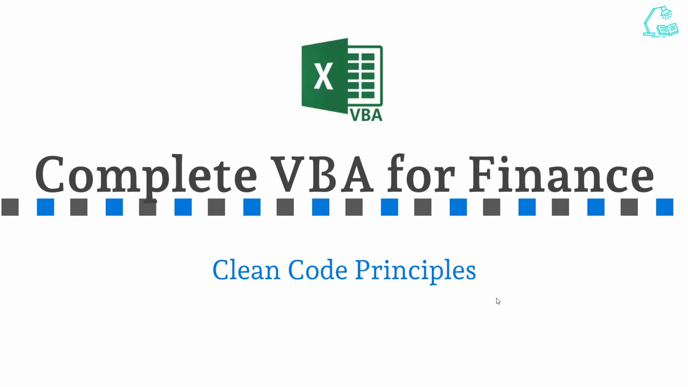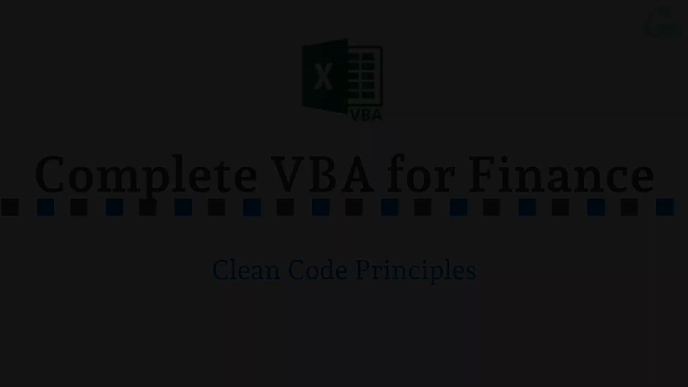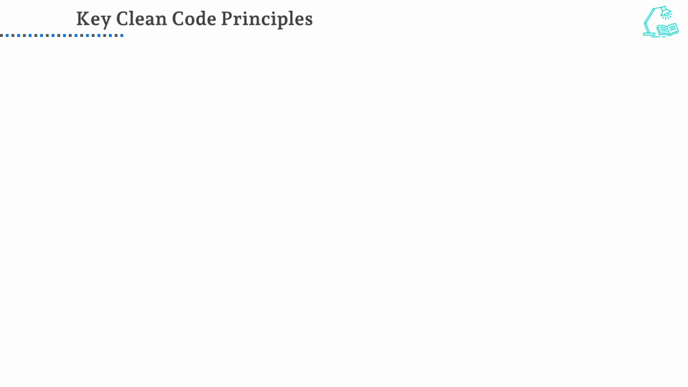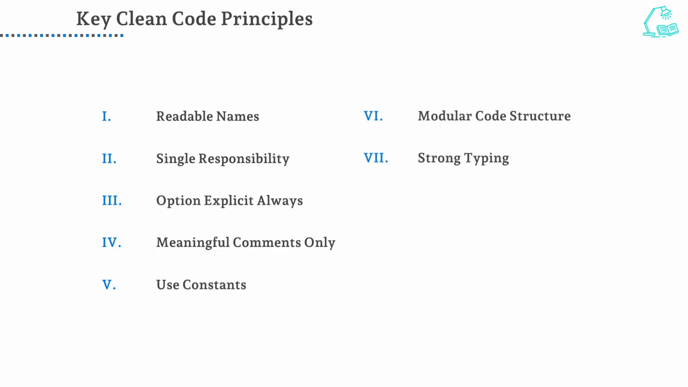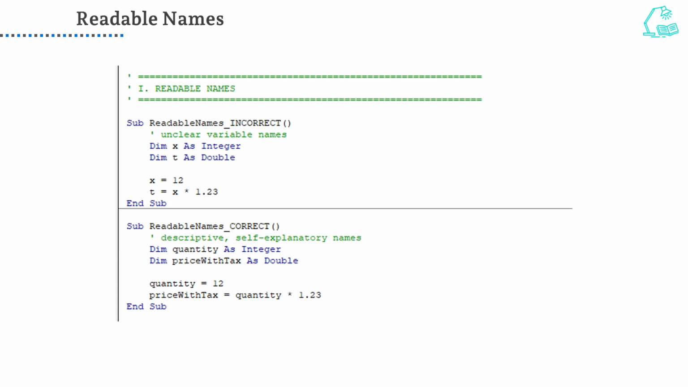In this part of the course, we start by presenting the key clean code principles that help create readable and maintainable VBA code. The principles included in this section are readable names, single responsibility, option explicit always, meaningful comments only, use constants, modular code structure, strong typing, clear error handling, early exit, avoid duplication. After reviewing the list, we now move through each principle with short explanations and direct references to the incorrect and